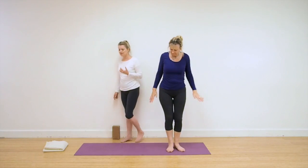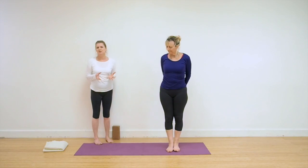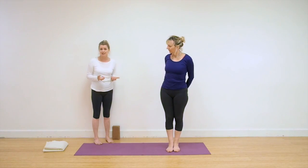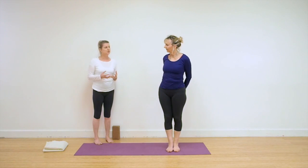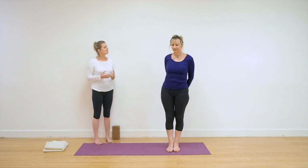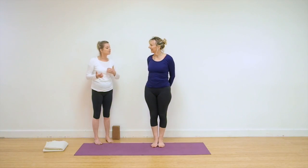Okay, so I'm just going to go through a few points or a few tips on how to help with this pose. One of the main things is that when you start to go into a balancing action, the hamstrings are very tight, it's very difficult to straighten the legs. So wouldn't you say so? This is one of our biggest difficulties in this pose, and the fluid action of flowing into it through Trikonasana,